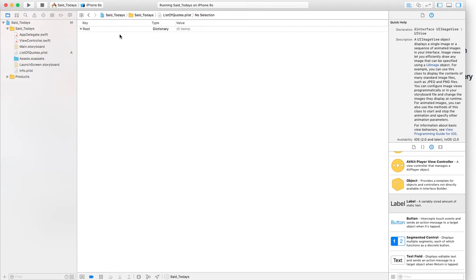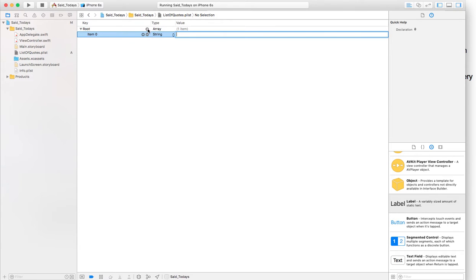several rows. There's currently only one row, which is the root. There's nothing in the file, and there are 2 types of lists: a dictionary list and an array list. You probably heard me say array in the previous video, so you may deduce that we are going to use the array list type. The dictionary type, we're going to use that in project number 3. It's similar to the array, except that it's not indexed 0, 1, 2, 3, 4, but it has a key to identify each row. We're going to go with an array as the root type, and then use this plus